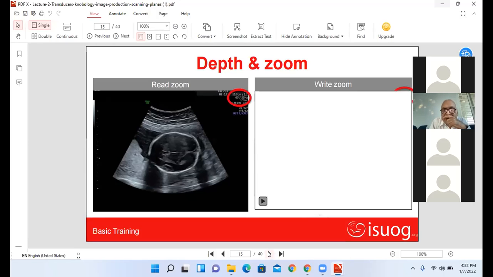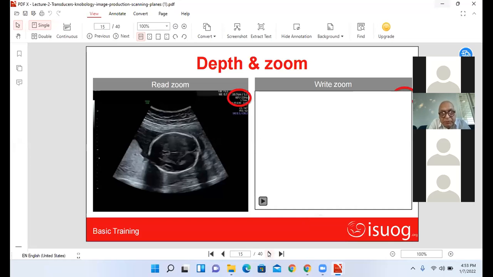So zooming is very important, and there are two types of zoom: read zoom and write zoom. Let us say in read zoom, there is an image. Now, if I turn one of my knobs to the left or right, this image gets bigger, but the resolution gets lost because of enlargement, because we are enlarging the pixels, the picture elements in the display. We are not putting more lines into this, whereas the read zoom is post-processing, and write zoom is a pre-processing.